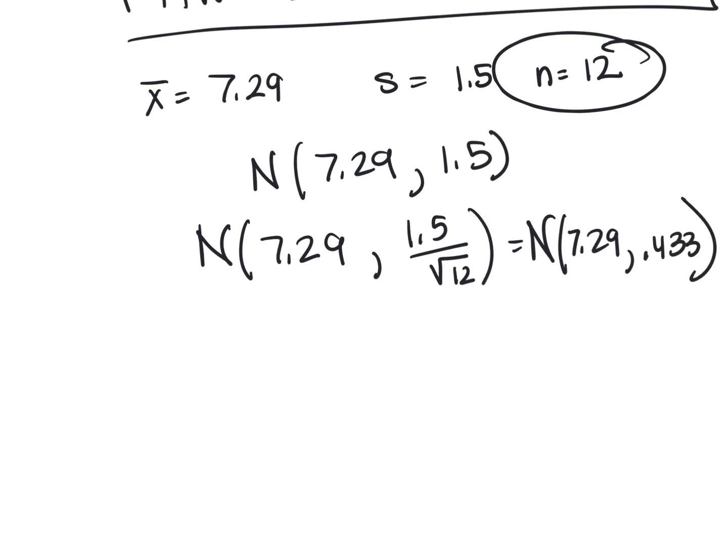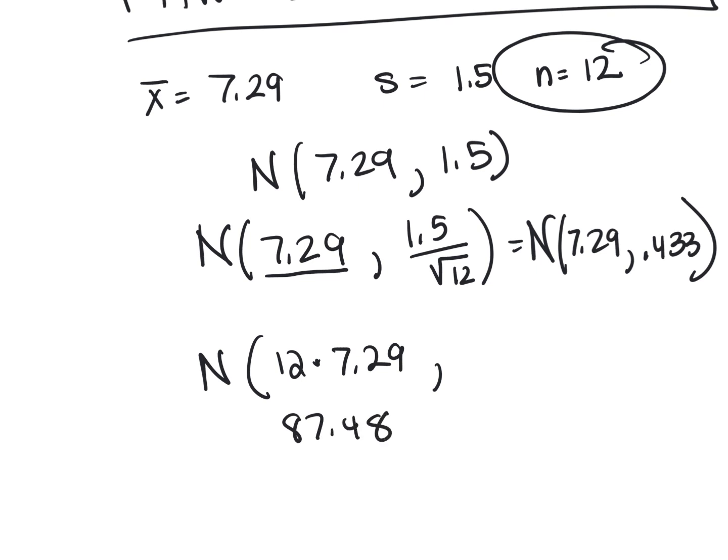Right. Now, what is the distribution of the sum? Well, what would be the sum of all 12? Each one averages this. So if I take 12 times each average, that would be the sum of all 12 of them, which would be 87.48. And what would be the distribution of the 12 of them again? If you take that average, the distribution,